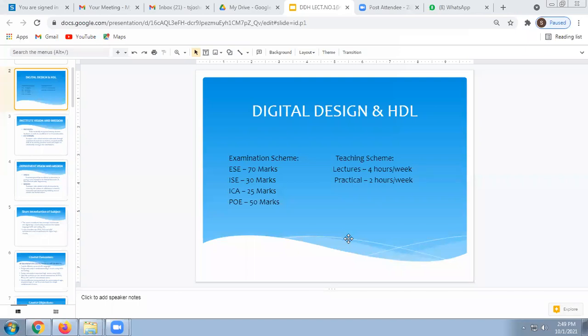Okay. So it is a must for IC designers to go for some EDA tool, that is, electronic design automation tool. Have you heard about this EDA tool?